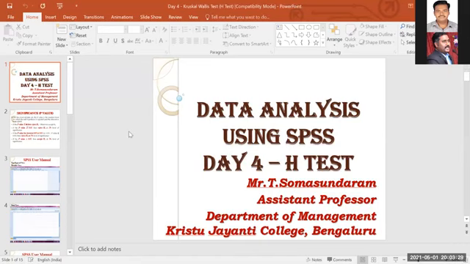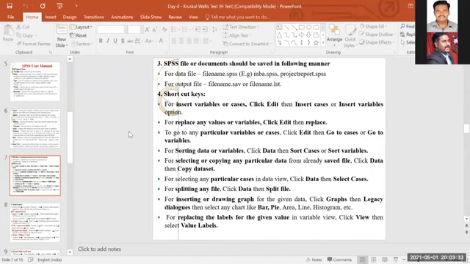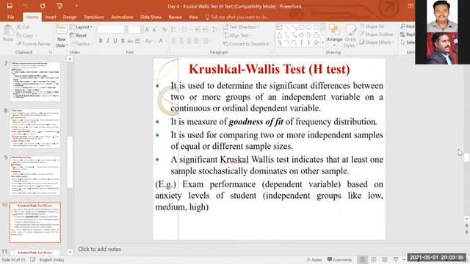So these are the common things that we usually discuss in every session. Once again, I'll repeat. When you have to use ANOVA, the first important point is that ANOVA and the Kruskal Wallis test are similar because you are dealing with dependent and independent variables with two or more factors. Sir, I can use ANOVA if my data is normally distributed.